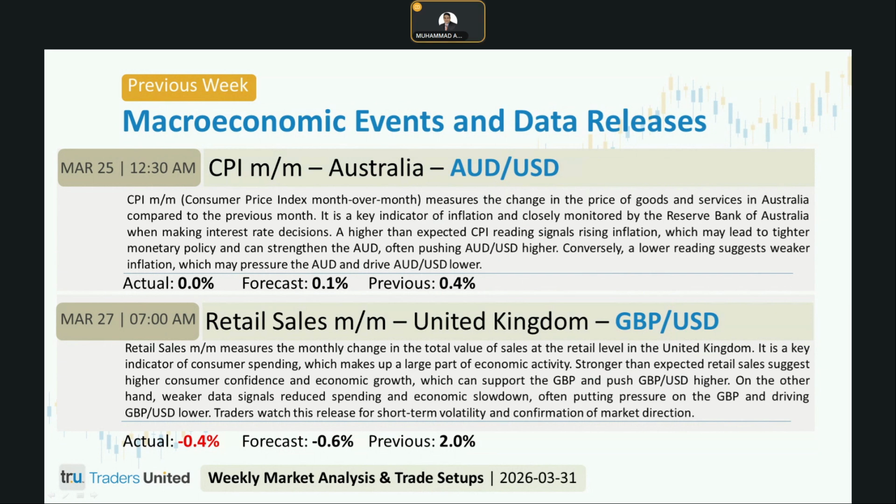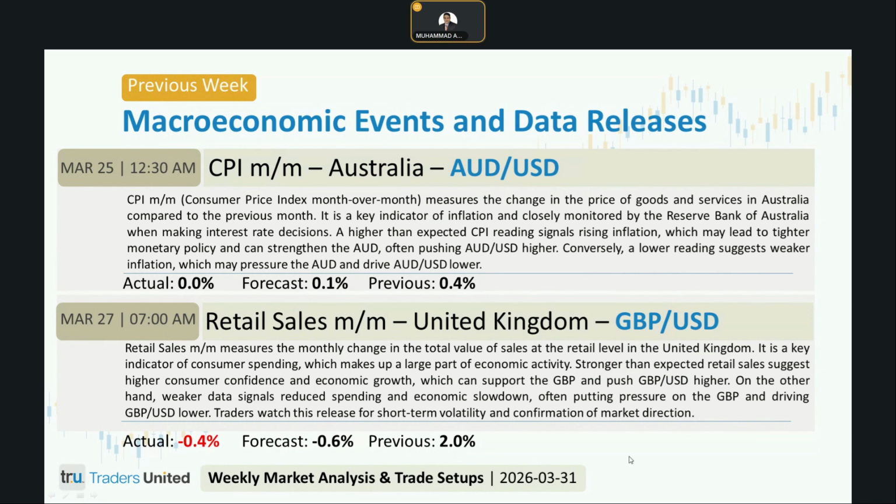The final key takeaway is the previous number was 2.0%, forecast was minus 0.6%, the actual number we got is minus 0.4%. Retail sales weakened in the United Kingdom and GBPUSD moved lower after the release as forex traders reacted to slower